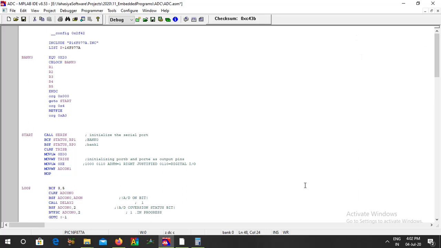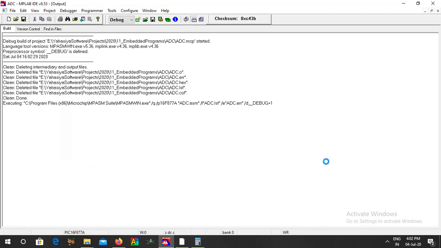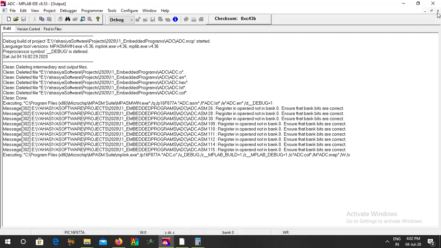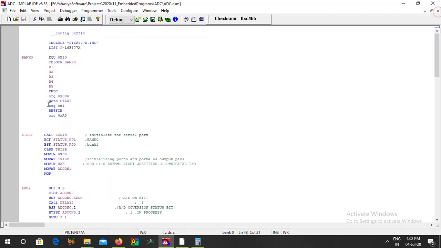Okay, so here what I do, I just compile this first. When I compile it, I believe we don't need one step. One second. Let me remove this step. I think this is not needed.